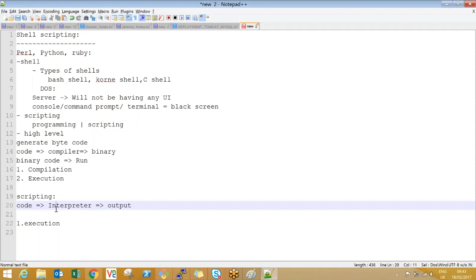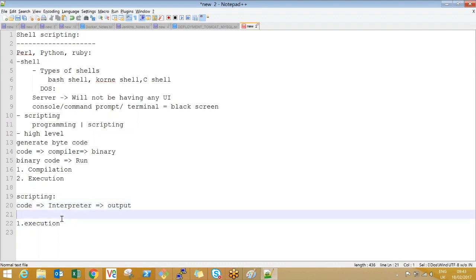An interpreter is nothing but something that scans line by line and executes it. Okay. It won't look at the entire file, guys. It just scans line by line and executes it. That's it. So the interpreter treats each and every line like a command. That's it. So this is the main difference between a programming and a